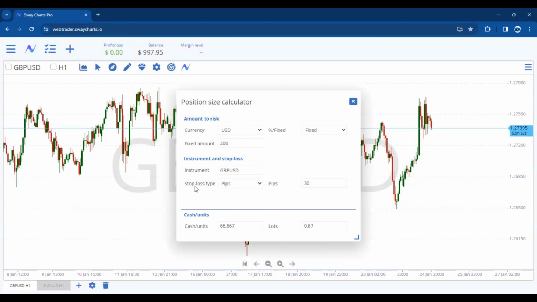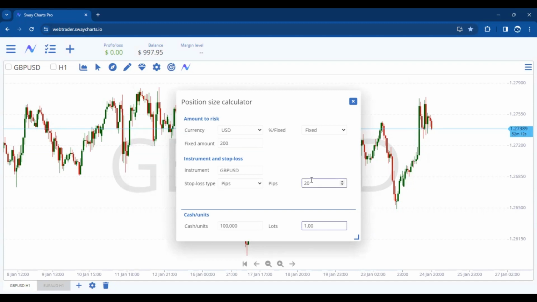So the stop loss, I need to set the stop loss for this trade. You can set a stop loss by price offset, by using the price, or by using the pips. I love to use the pips. So if I'm looking at a 30 pips stop loss, this is 30 pips. If I want to use 25 pips or 20 pips, I can set it right there. If I want to use a 20 pips stop loss, that is really what I would do. And then this tells you the quantity, and this tells you the lot size you are going to trade, right? So it means with $200 at risk, I am able to trade one standard lot